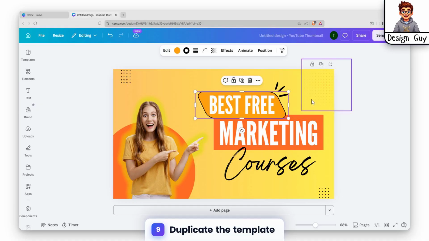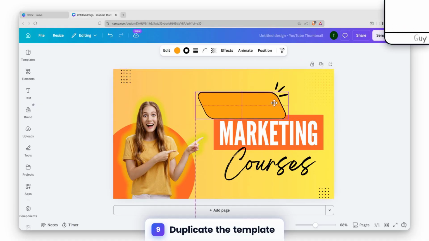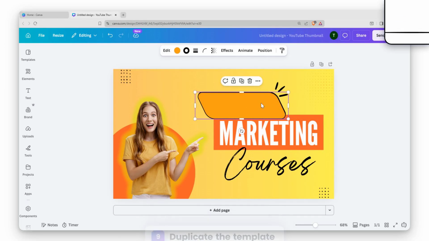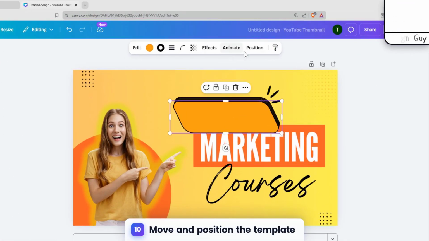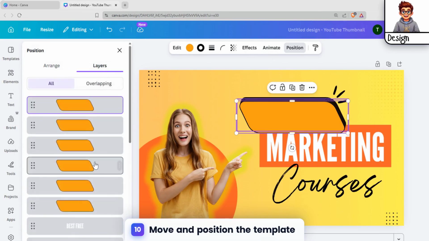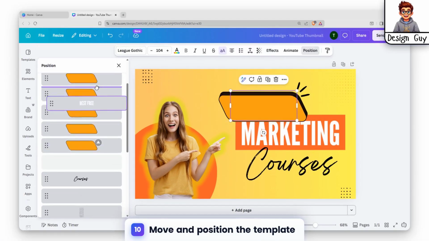To duplicate this item, right-click it, select Duplicate from the menu, or use the shortcut Ctrl+D to quickly create an exact copy. Adjust the object slightly, then go to Position Settings. Find the text labeled S3 and move it to the top of the layer stack to ensure it displays above